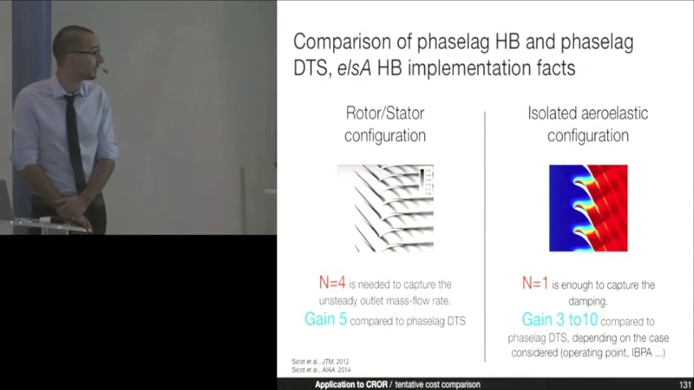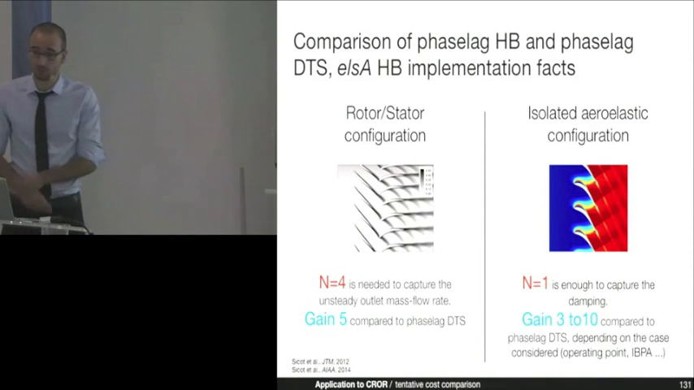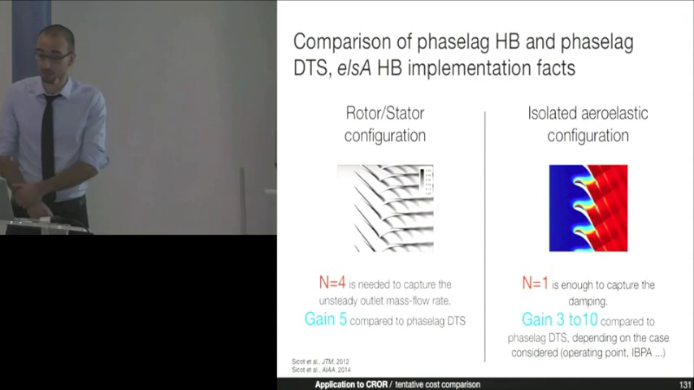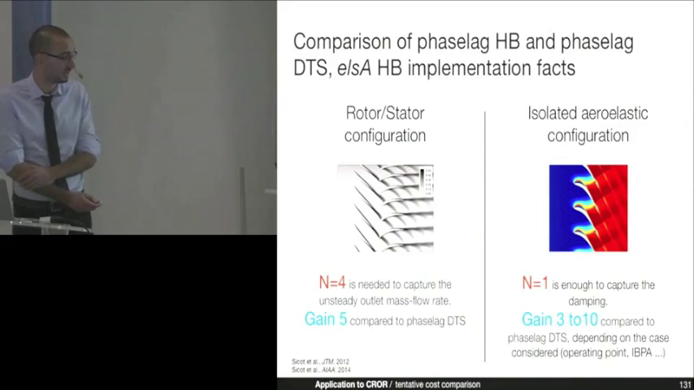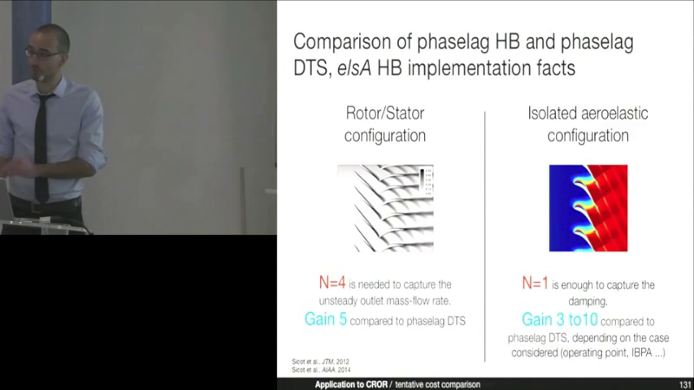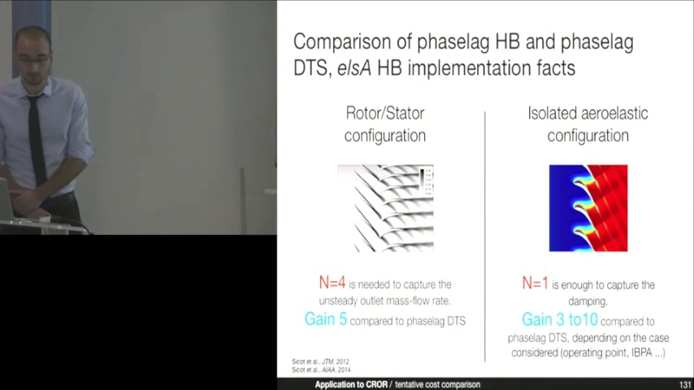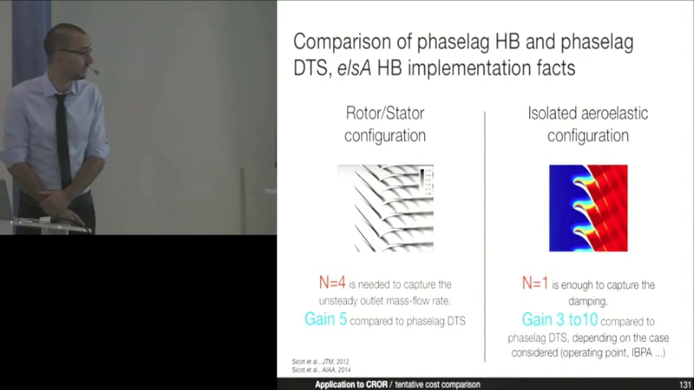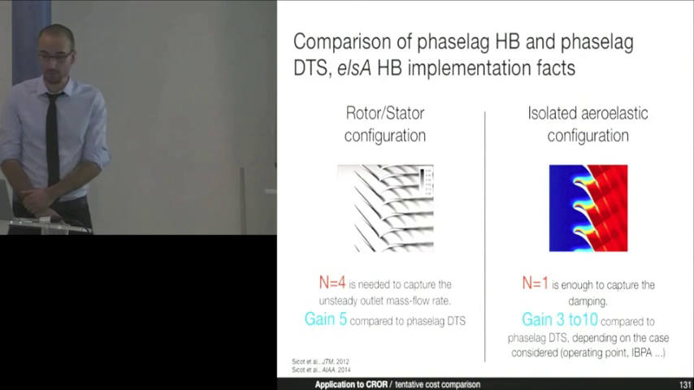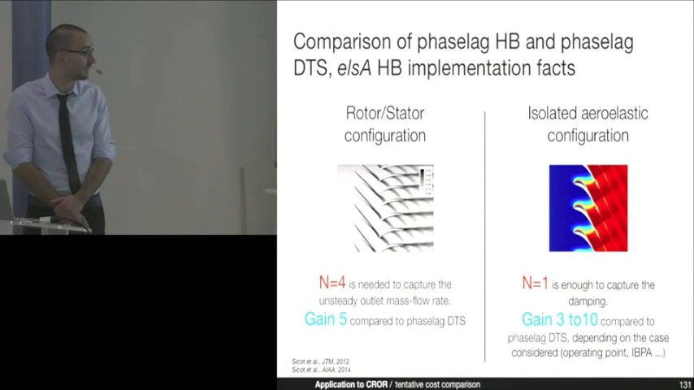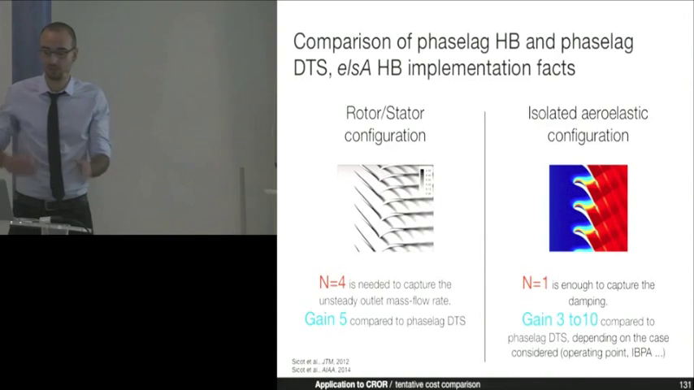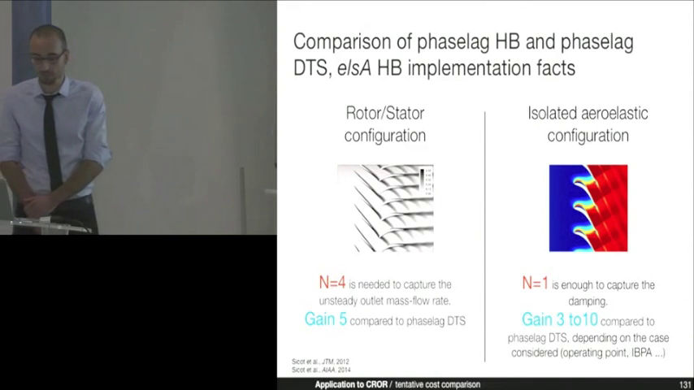For a rotor stator configuration, we have observed that n equal 4 is needed to capture the unsteady outlet mass flow rate, and this yields a gain of 5 compared to the phase lag DTS. While for an isolated aeroelastic configuration, n equal 1 is enough to capture the damping. And for this particular configuration, we have a gain that varies between 3 and 10 compared to the phase lag DTS, depending on the case considered, meaning the operating point and the